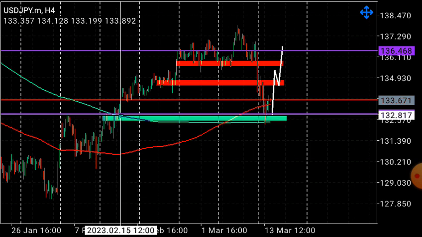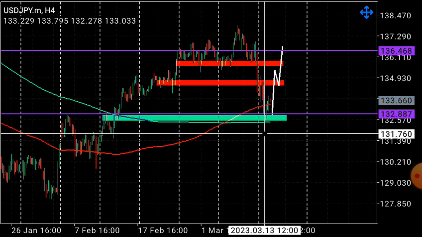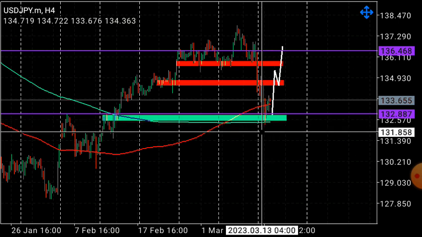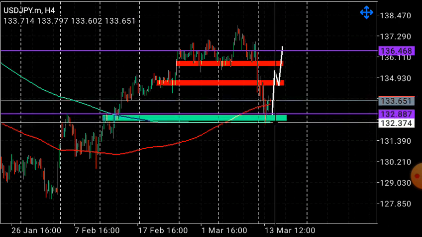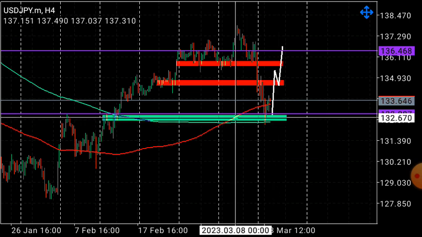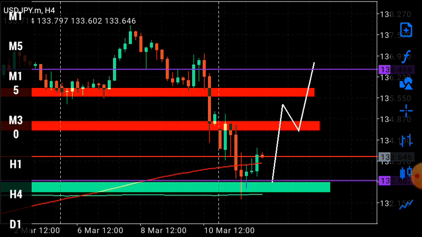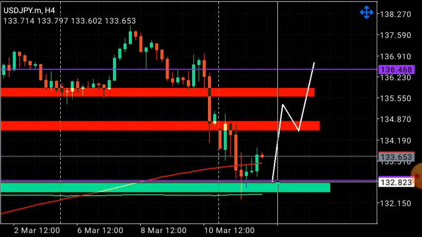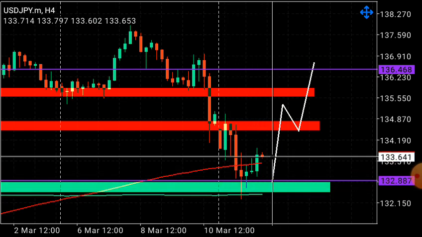I'm anticipating that because we still have a demand zone here. Actually price broke out of this zone, but buyers came into the market and made this zone a strong support again. It broke out of it and tried making it resistance. I think it was a manipulation to take out the traders who had stop loss there. So now buyers came in again to the market. So we still have a shot at this bullish movement. Buyers came in there, and buyers are constantly coming in.